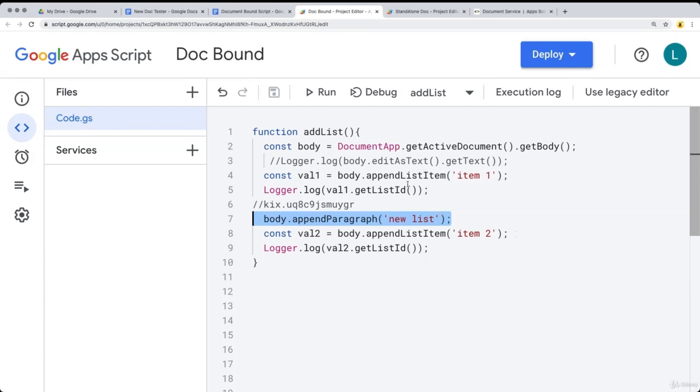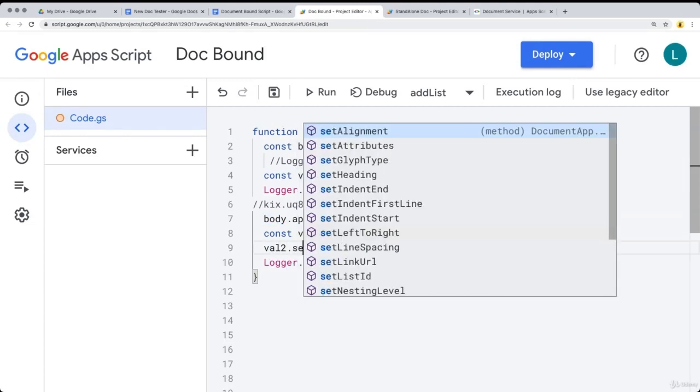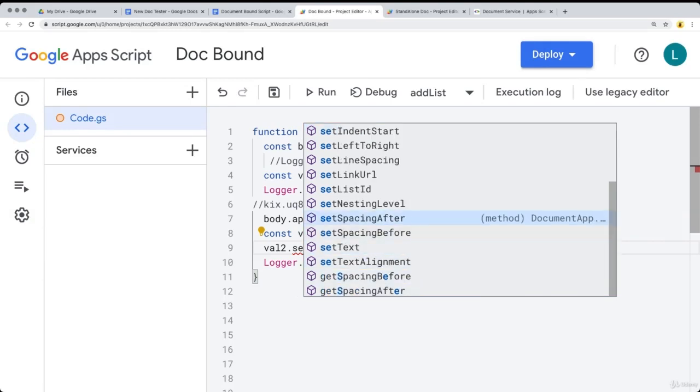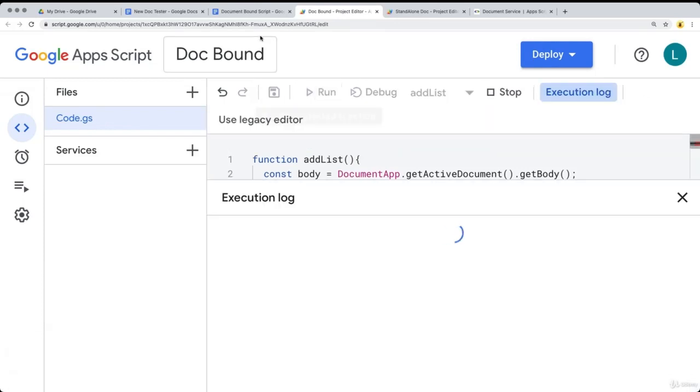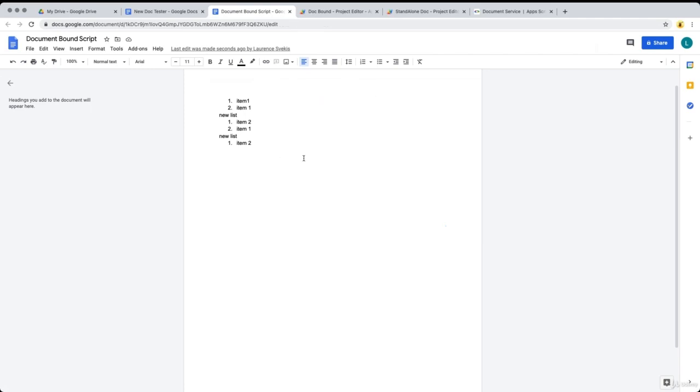So if we want to append to the existing list, we can use the list item by doing a set list item. So let's take the val2 and we can set the list ID. And the parameter that's expecting is whatever the list ID is. So let's select that same list ID. And now we're going to see what happens when we add the item to the list. So now this new list item